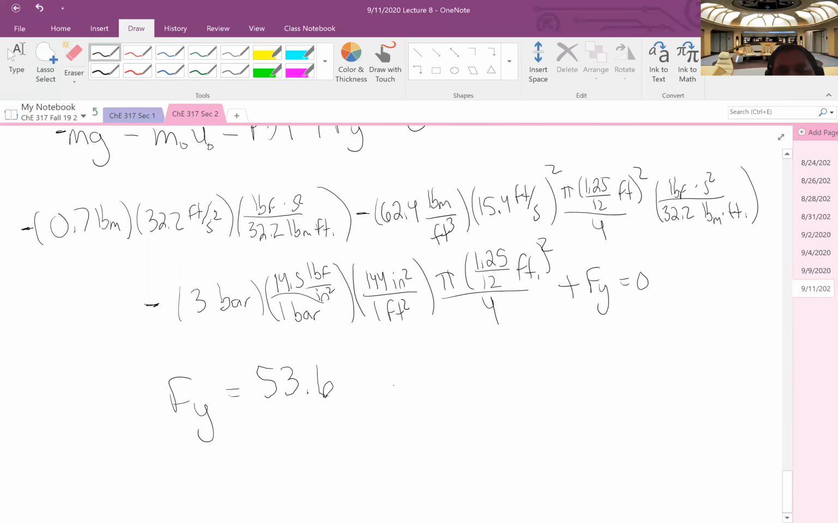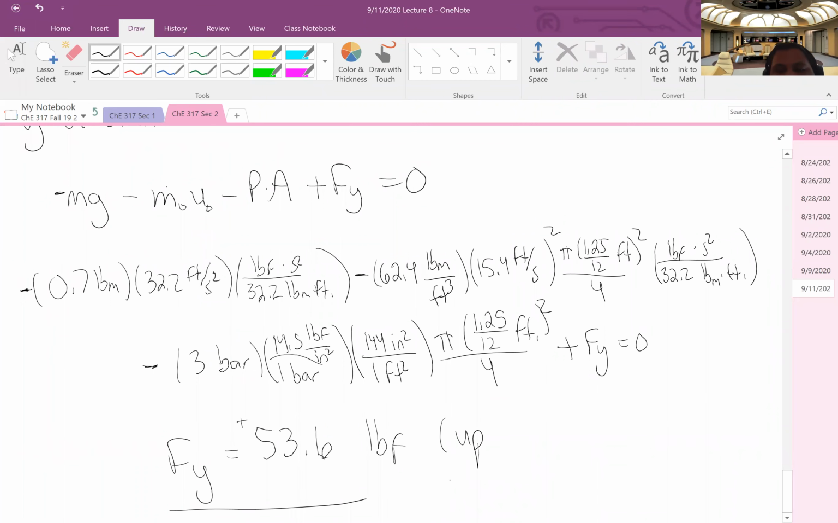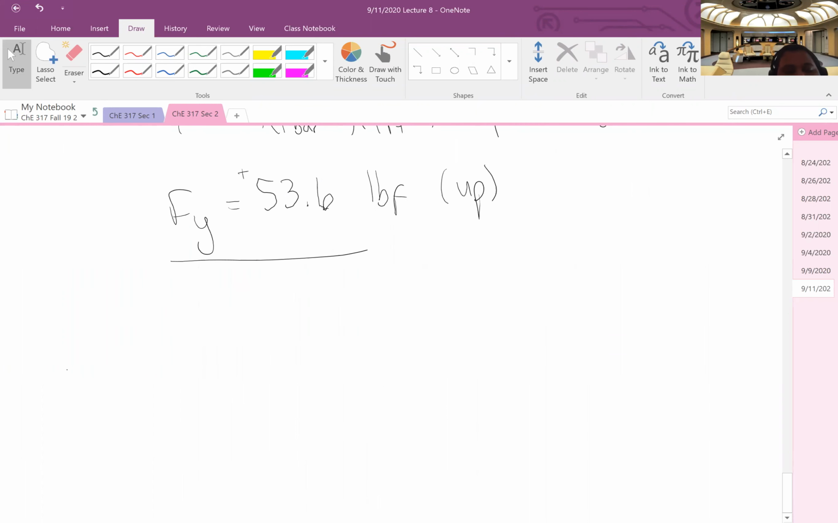So now we have our force in the x direction, and our force in the y direction is positive or up, if you'd like to designate it that way. And if we wanted to find the total resultant force, it's simply the square root of the x and the y values squared, which, if you do that math, you should get,